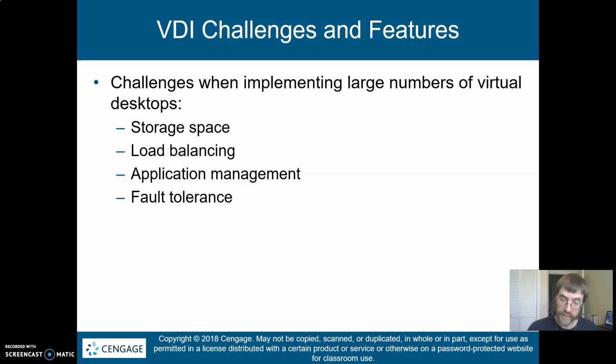Anyway, so we're moving now. We have the ability to move these things around in the network very, very fast. Lots of compute power everywhere, but maybe not the right compute power everywhere. That's the problem we're trying to solve. The challenge that comes with solving those problems, there are a number of them. Particularly in small VDI implementations, some of these problems don't impact you as much. But in a large-scale implementation, if you have thousands or tens of thousands of users, you are really going to have issues with things like storage space, load balancing across the hosts that are supporting those virtual desktops, your application